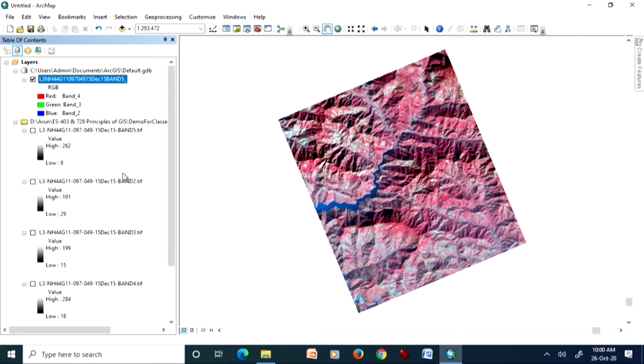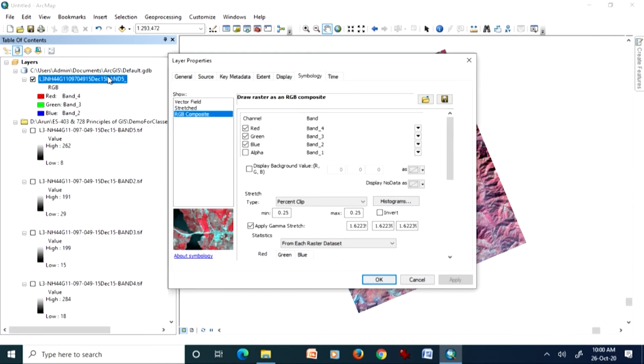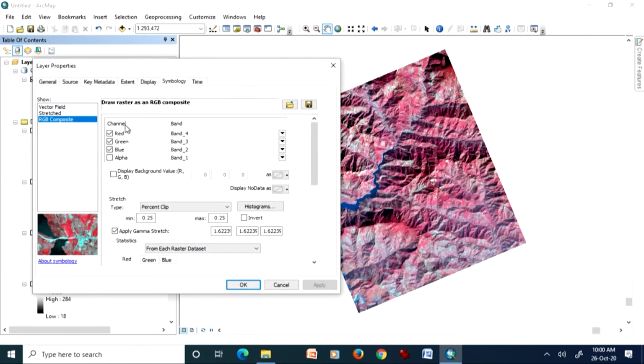So, this is how a false color composite can be generated quite easily with your input bands. Again, I will just recap: in order to create a standard false color composite, you need one infrared band, one blue band, and one green band. Blue and green will go to the blue and green channels, whereas the infrared one will go to the red channel, as it has been done here.